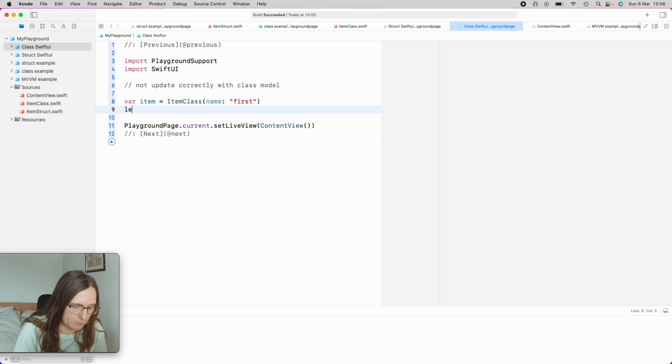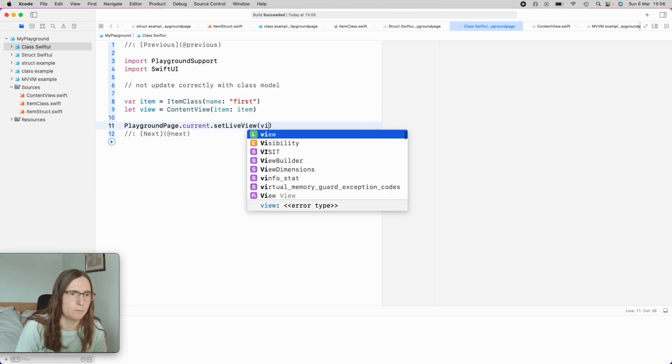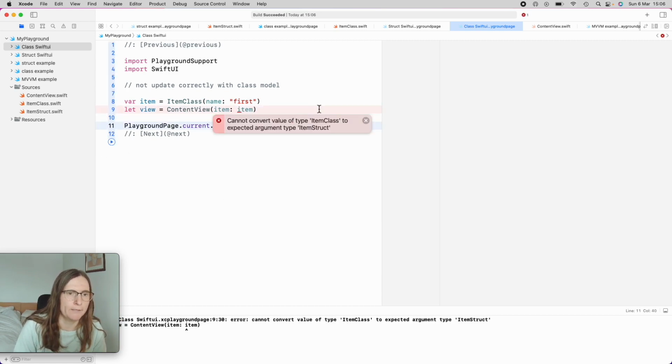Actually the other one, the item is also a let view is a content view, item, and then setting this here to my playground. But I cannot give this here because the types don't match. Item class and item struct are not the same type. I'd like to make this more reusable. And this is actually where one of the other features in the Swift language that you can use, protocols,